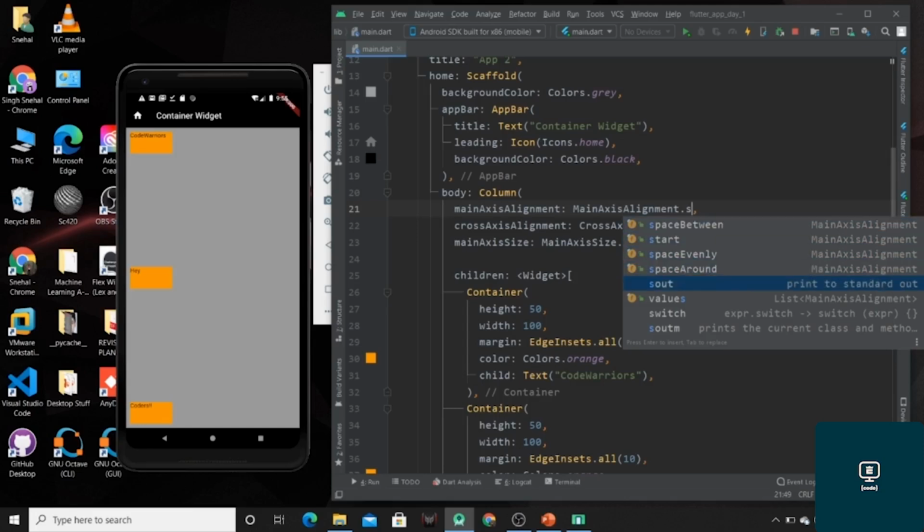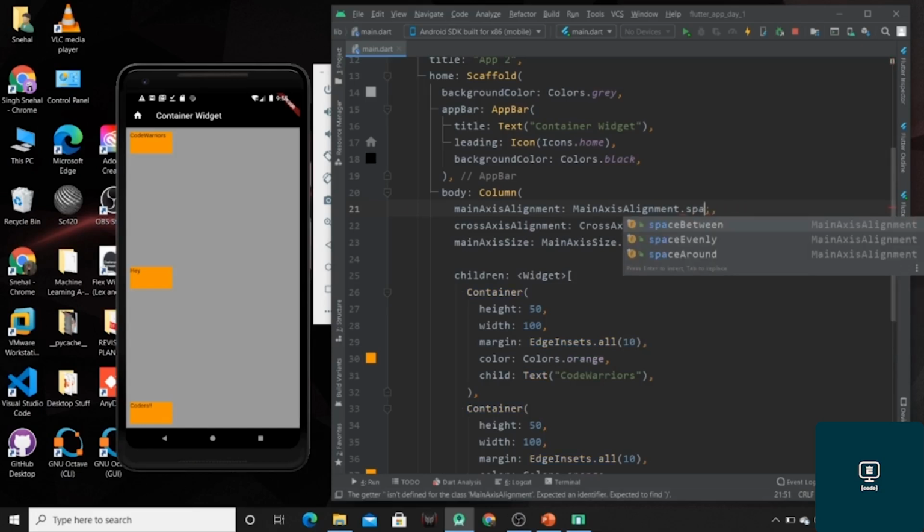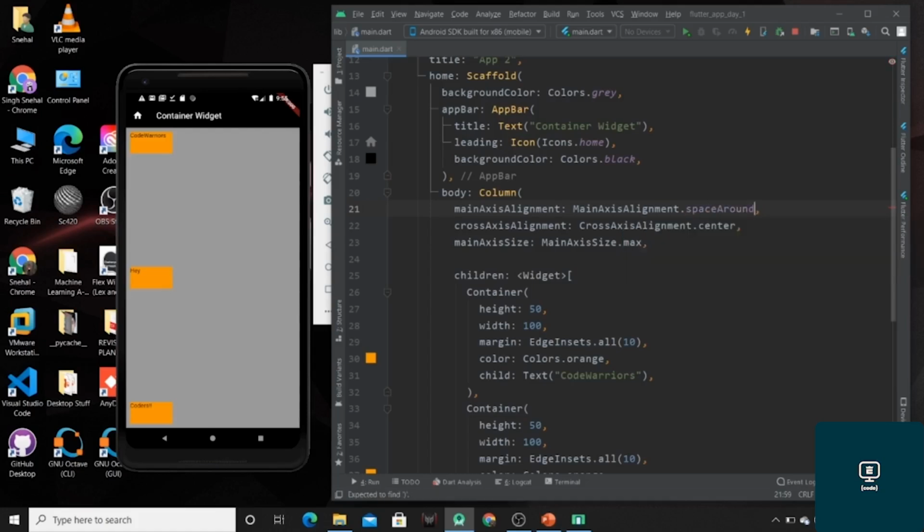So just use space around. Now just hit Ctrl S to see what is happening. So you can see the difference. So this is the effect of the space around property. So these are the properties which are provided by the column and row widget. So these are all about the properties which we can specify to the children of the widget.